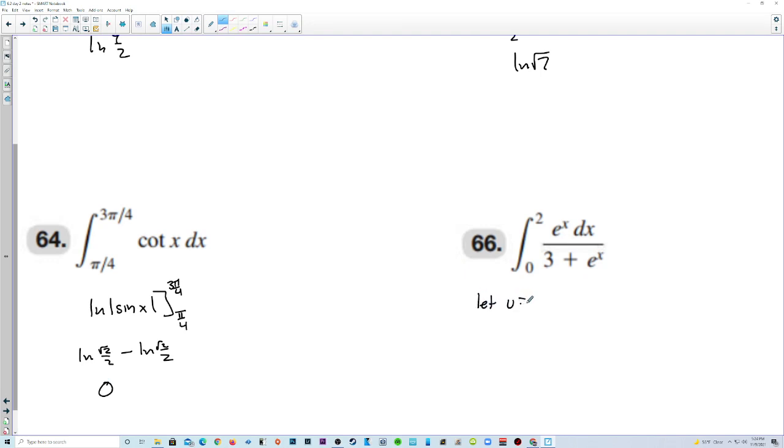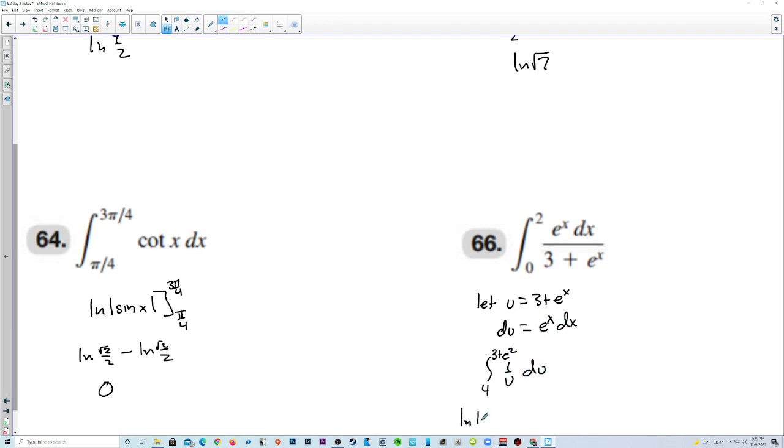On this one, let's let u equal 3 plus e to the x. That way du is e to the x dx. And that's exactly what we have here. Now this is the integral from, well, let's change the x's into u's. Plug 0 in. 3 plus 1 is 4. So we're going from 4 to 3 plus e squared. And this is going to end up being 1 over u, du,